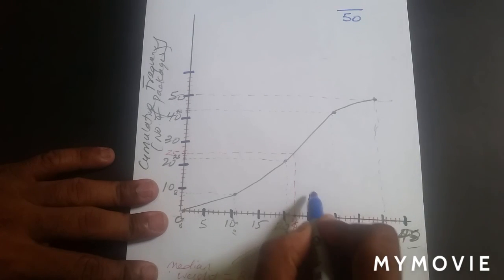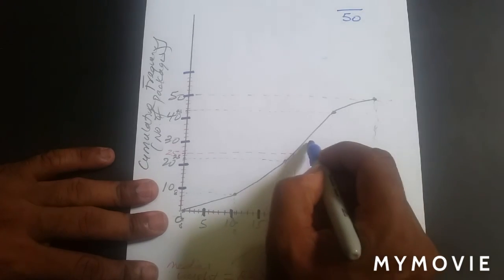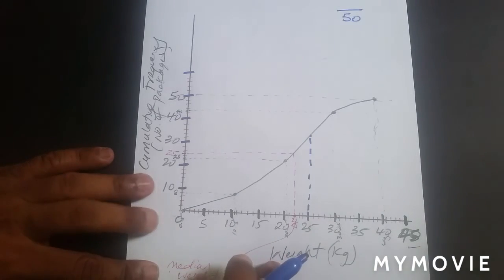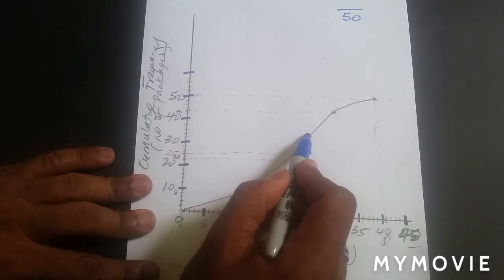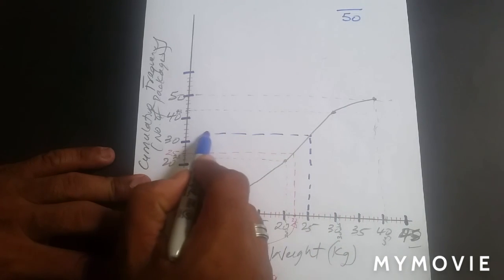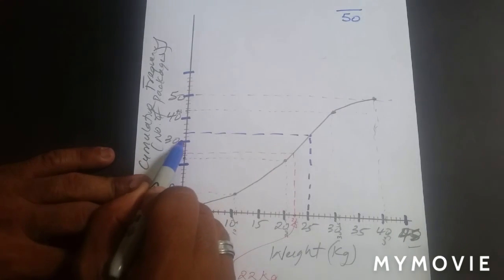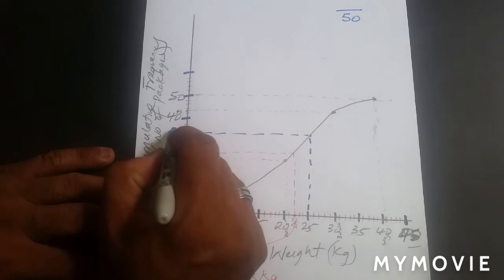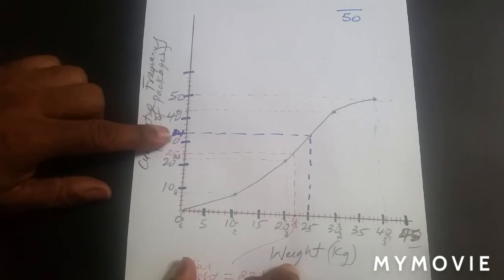This time we're going up this way using a straight edge up to the curve, and of course you have to use a ruler. I'm just doing this for speed, and when that line touches the curve, then you come across horizontally using another straight edge, and it carries straight across there. All right, and you can see that this value is 30, 32, 34. So this 34 here